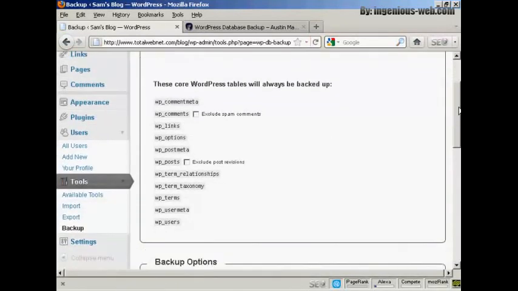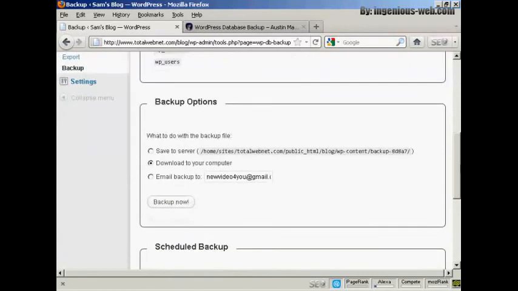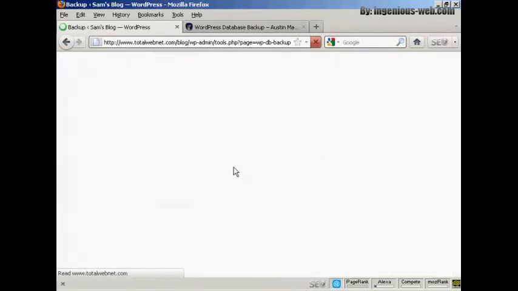and you can see it will enable you to download your WordPress database tables. You can exclude spam comments from the WP comments and exclude post revisions from WP posts if you want. And then you have the backup options. What you can do is you can download it onto your server, download it onto your computer, or email the backup either to the email address that you've already got configured as part of your WordPress blog, or to any other address that you want, really. And once you've selected the option you want, click on Backup Now. In this particular case, I'm going to download it to my computer,